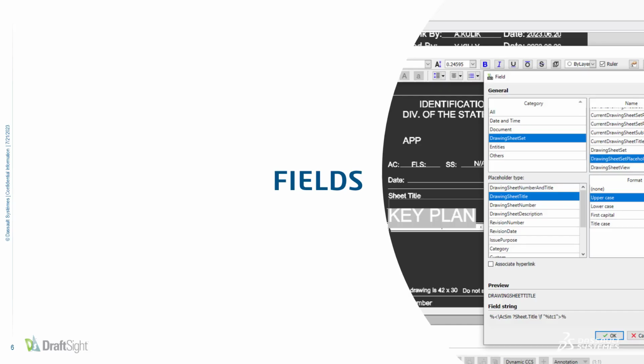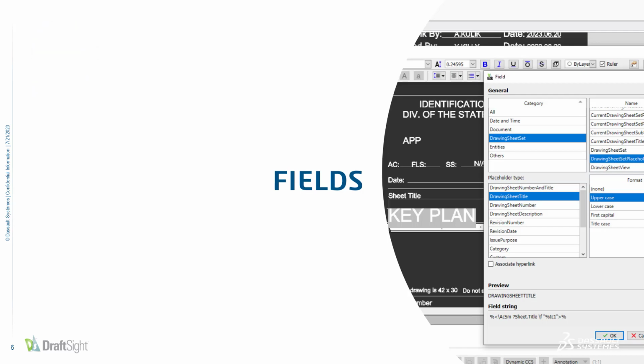Moving on to number 3, we have fields. Fields let you update visible information. For example, modification date, drawing name, author, and much more. Fields are great because they can automatically pull and display certain information. So you don't have to manually manage things like who was the last person to edit this drawing, what date was this published or printed. We'll get into a few examples later. And this is one of the features here that we will talk about more with the Sheet Set Manager. So I want you to keep in mind some of this information when we do get down to number 8,